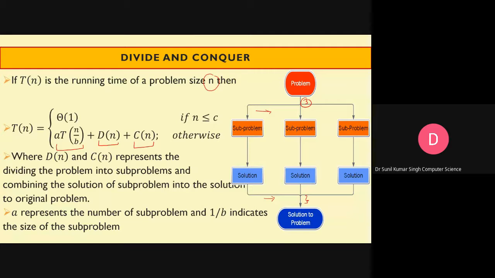So division, I mean recursive steps, is indicated with the help of the function, let's say T(n), I mean function of T. So here T(n) is going to be broken into T of n by b. By observing this figure, you can see what will be the value of a and b if we are assuming that these sizes are equal, maybe they are of the same size, and the number of sub problems is 3, then a will be equal to 3 and b will also be equal to 3.